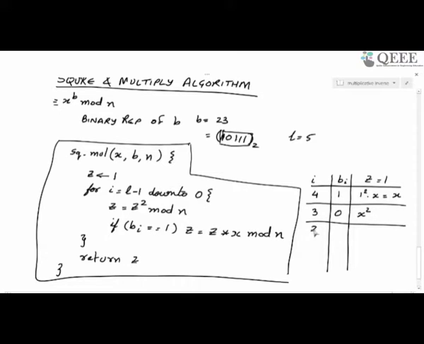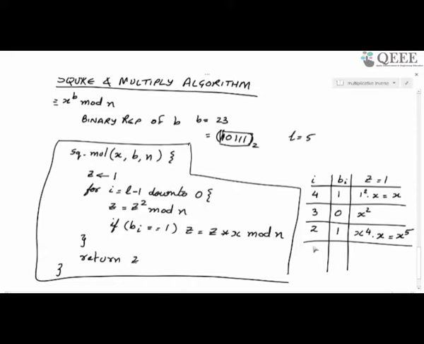Next iteration for I equal to 2, you have bi equal to 1, so as usual you take the value of x and square it, so you get x power 4, and since you have 1 over here, you enter into this if, and you multiply the value of z into x, so it is x power 4 into x, that's equal to x power 5,